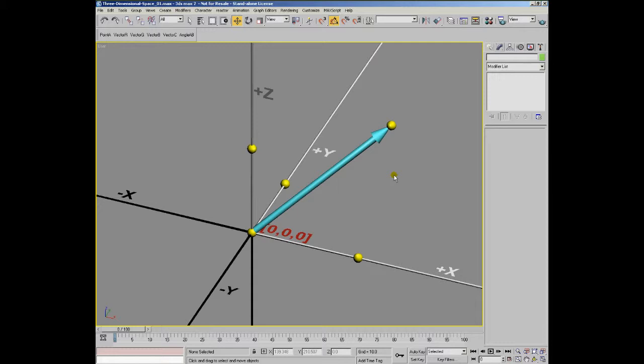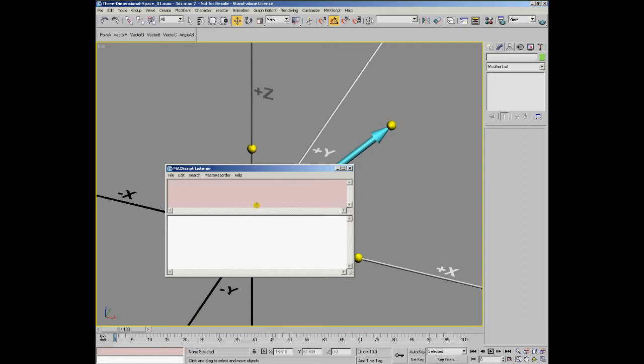In 3ds Max, the world coordinate system is such a three-dimensional space with x and y axis defining the ground plane and the z axis pointing up. In MaxScript, three-dimensional points are expressed as so-called point 3 values. We can construct a new point 3 value by using the point 3 constructor and listing the three components,